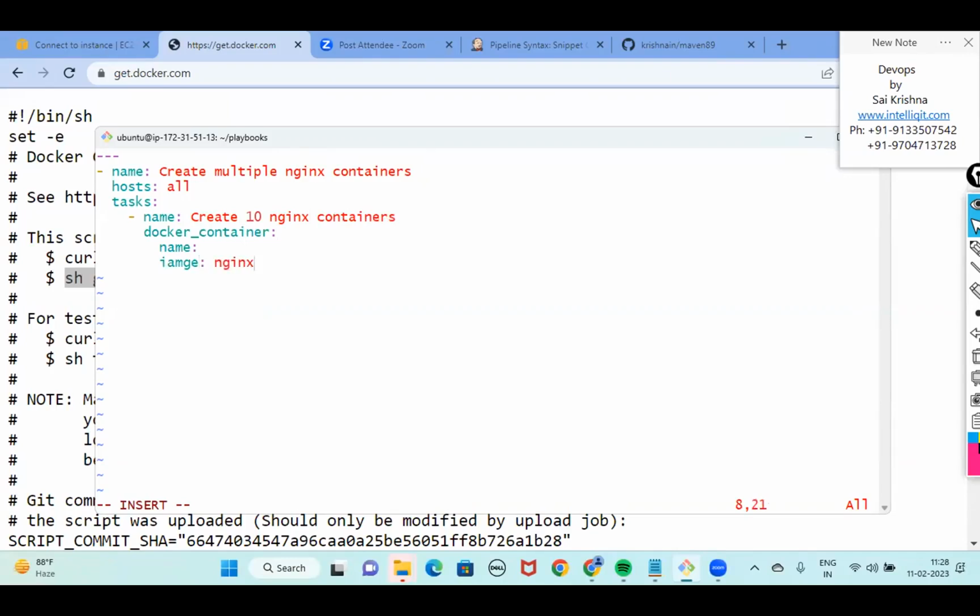The image is nginx. Now, for the container name, I want it to be container1, container2, container3, like that. Because each container should have a unique name. I want to give different names. So this is how I'll give it.